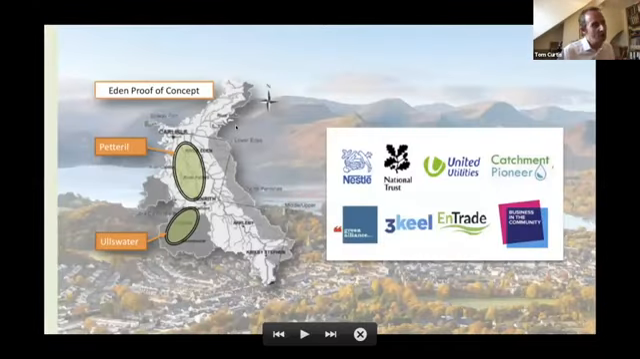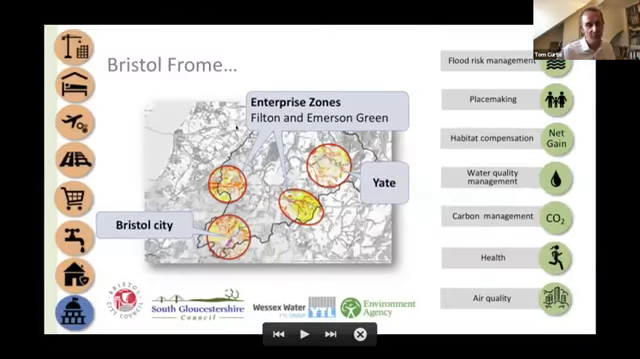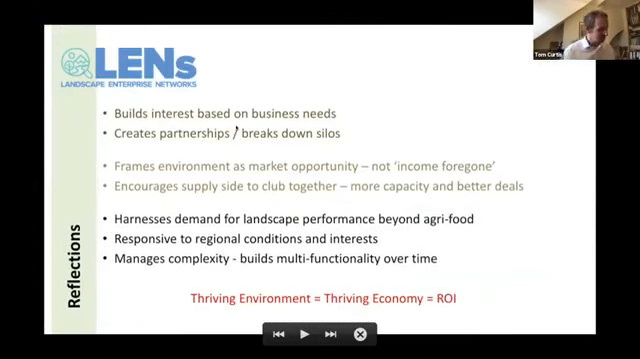We're working on a range of different landscapes, from rural, as in the example in Cumbria, through to more urban ones, for example, the Bristol Frome, where we're very active at the moment, looking at urban greenways and co-funding for those. And so essentially, in summary, Lens is something which from the demand side builds interest based on business needs,